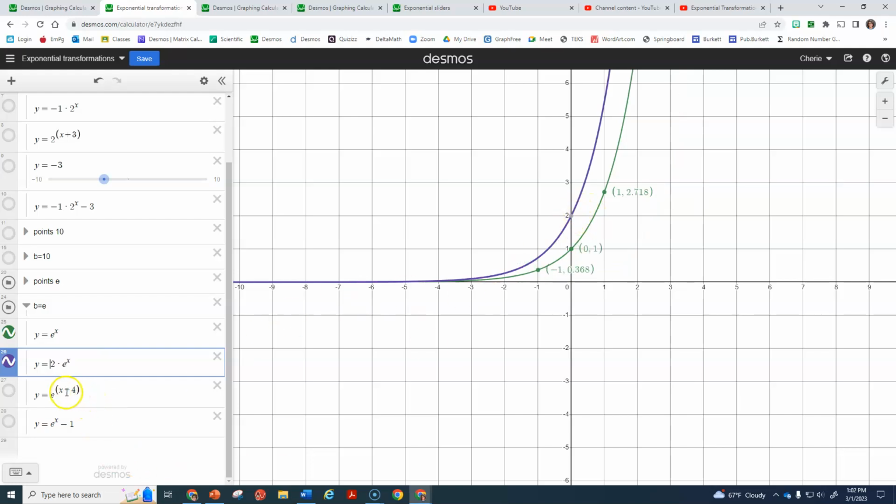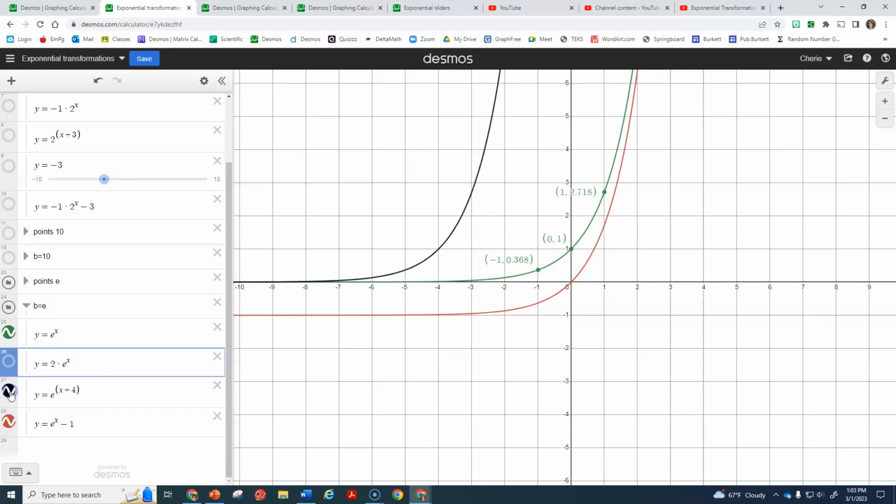Okay, when you see a transformation that's in the exponent, you know it's going to be a horizontal shift. You see a +4, so you know the c value is negative. It's going to go left. And when you see a d value, a number added or subtracted at the end, you know that's going to change the asymptote and shift everything either up or down. So -1 is going to make it go down, +1 would make it go up. So the transformations are all exactly the same as they have been